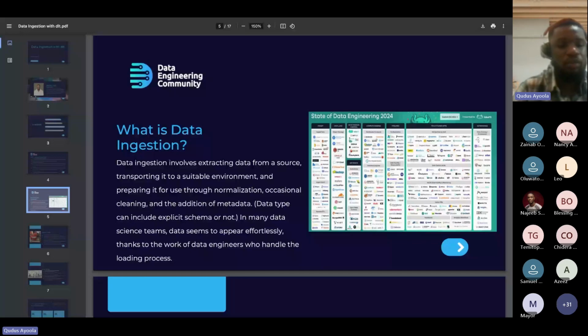You can be extracting your data from different sources. It could be from some API, some web scraped data, or a database. What you are trying to do is put it in an environment where you can use the data. And after extracting your data, what you typically want to do is normalize the data.